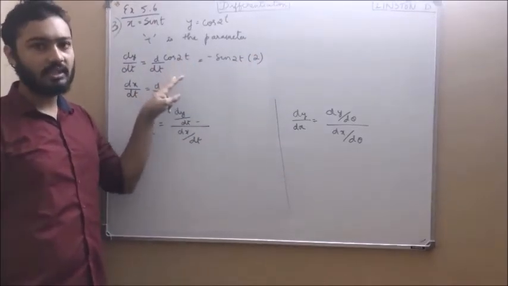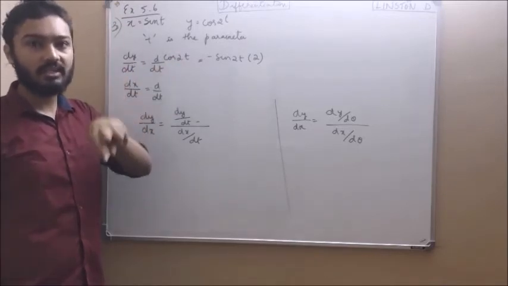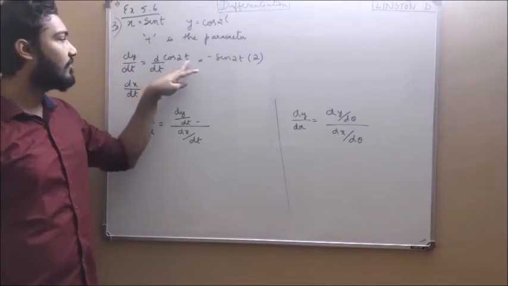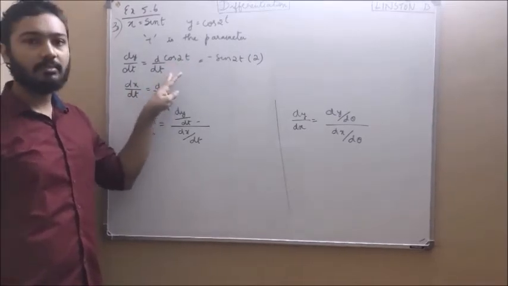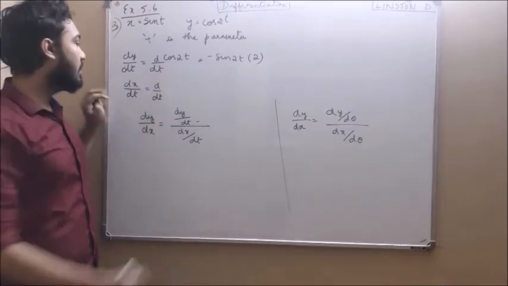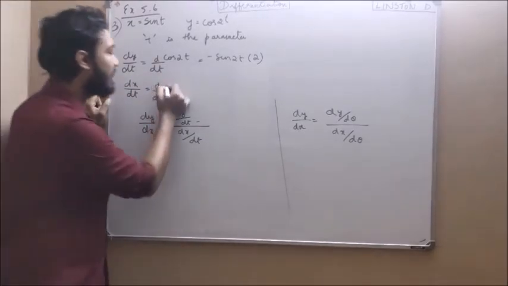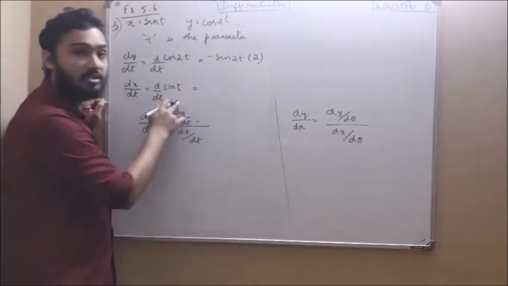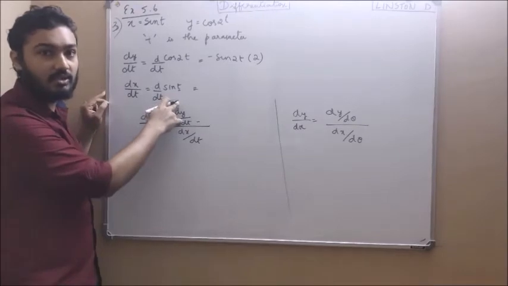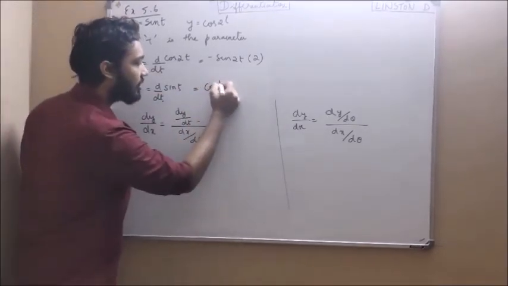The main thing to remember, t and t variables should be similar. Then we can differentiate. d by dx of a function of x is given by the formula. So here d by dt of t and t, the variables are similar. So if the variables are similar, we can have the formula. Next, dx by dt is nothing but d by dt of x. What is x? Sin t. t and t variables are similar, so d by dx of sin x is cos x. So d by dt of sin t is nothing but cos t.